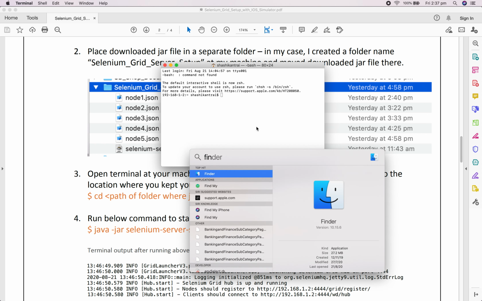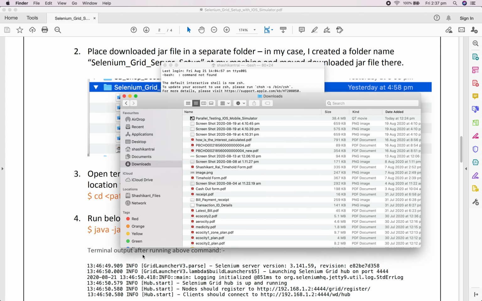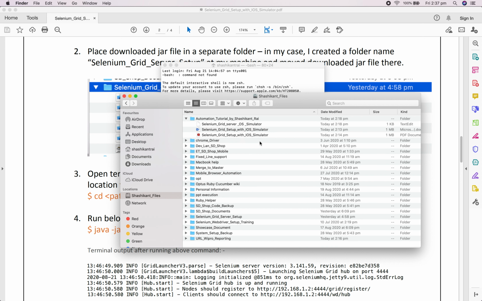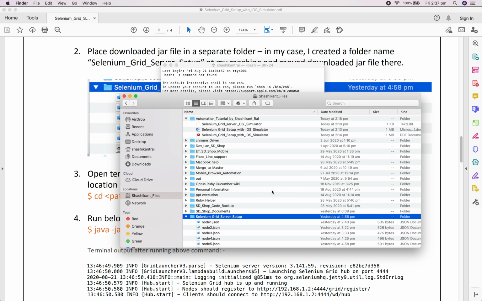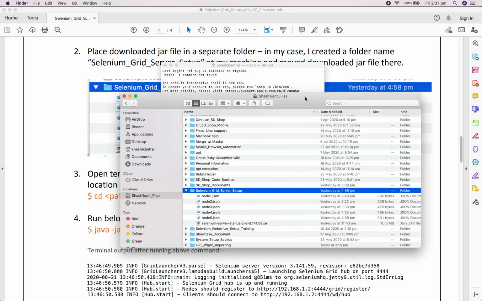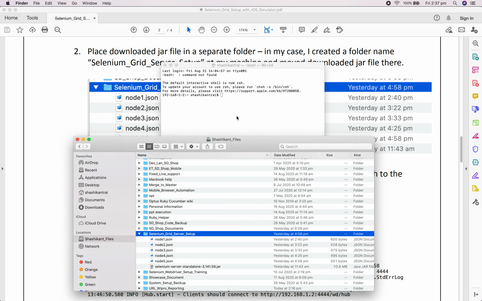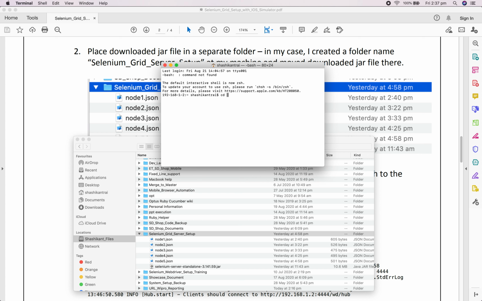It's very easy. Just go to Finder and check where your file is. Yeah, it's here. Just write cd and this is the path, so I will drag and drop. Make sure you have taken off the jar file name there. Press enter. Now you are in the current path.